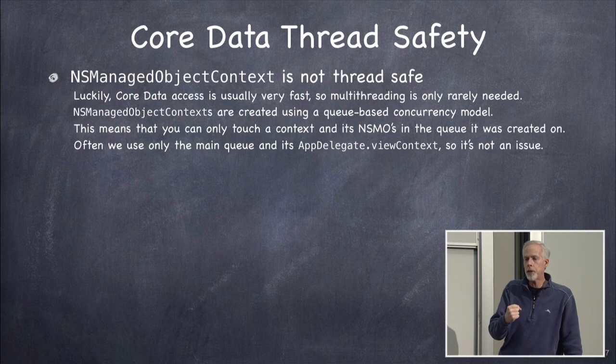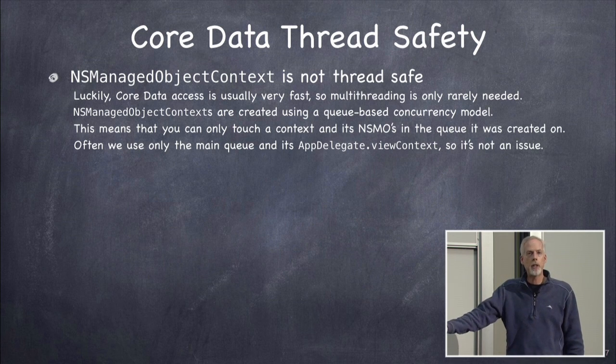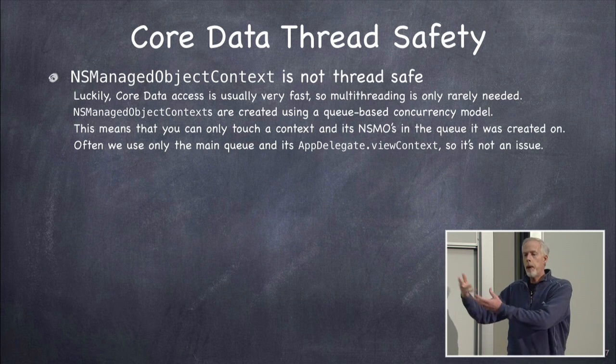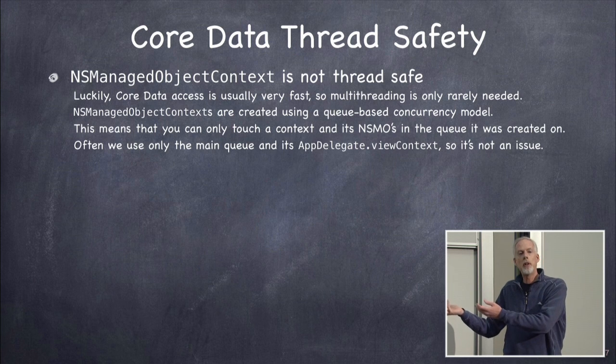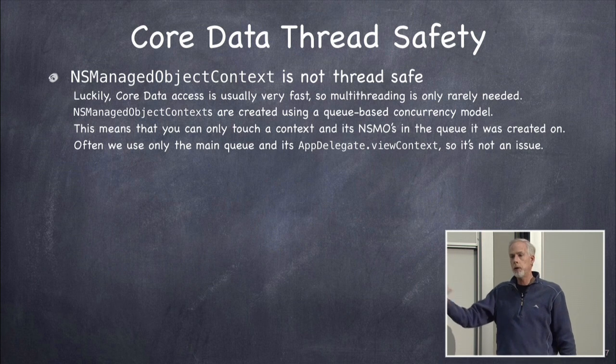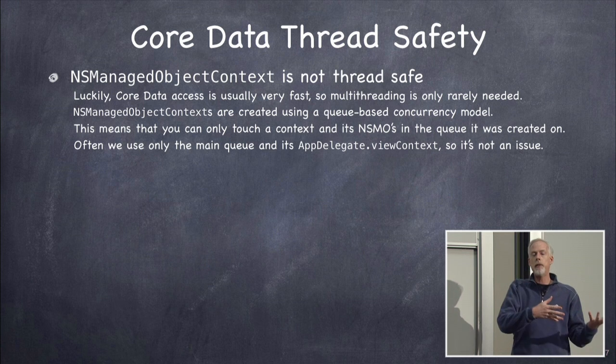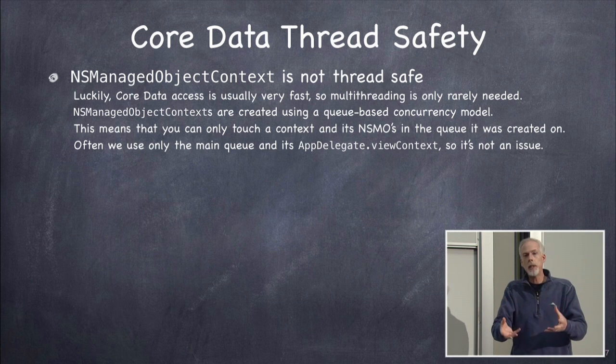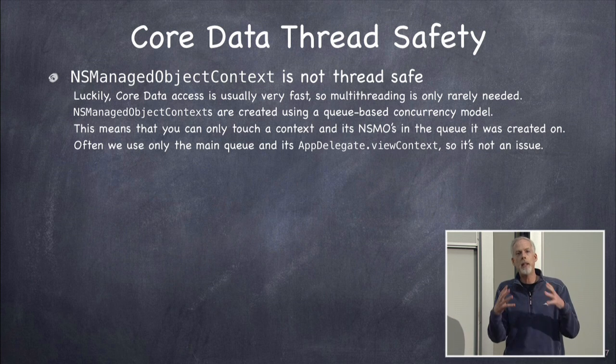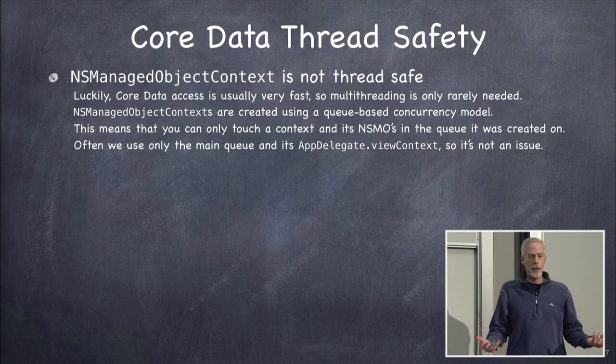If you passed a context to another queue, like you tried to dispatch off to some global concurrent queue and you passed it the context, or even just passed it a tweet, that's not going to work because that tweet was created on this other context. So in fact, not only the context, but everything you create on that context has to all be done in the same queue. So now you're probably thinking, well, how the heck do I do multi-threading then?